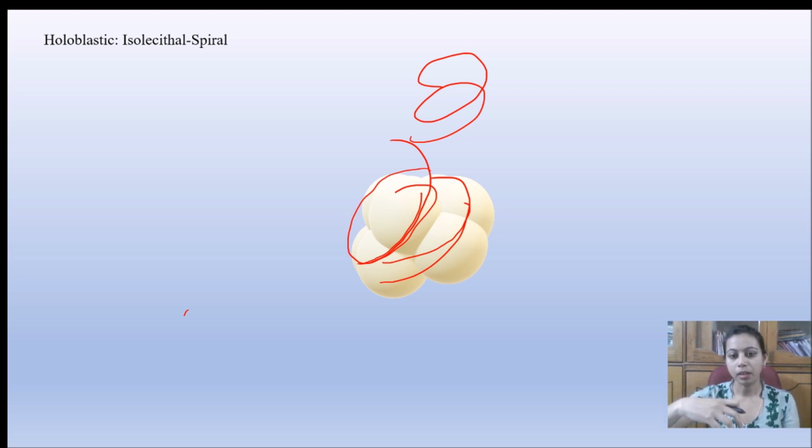So with each and every division, the upper layer of the cells will keep on spiraling towards itself, and it gives a different look, like each layer of the cells will look different. You cannot divide the cells of spiral cleavage into a particular plane, like bilateral symmetry. And unlike radial cleavage, the cells are much closer. Such types of cleavage are basically seen in the case of annelids, mollusks and flatworms.